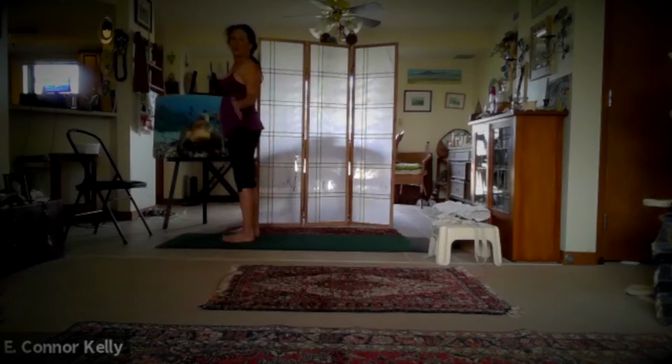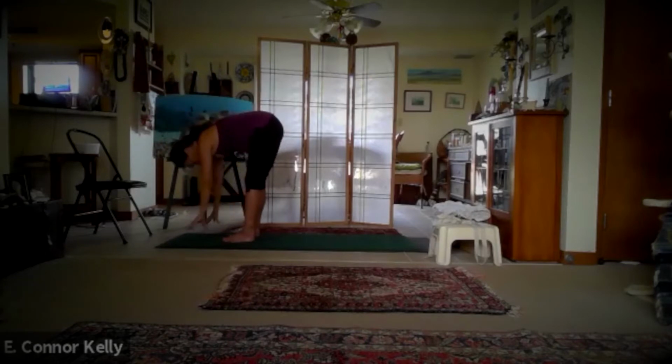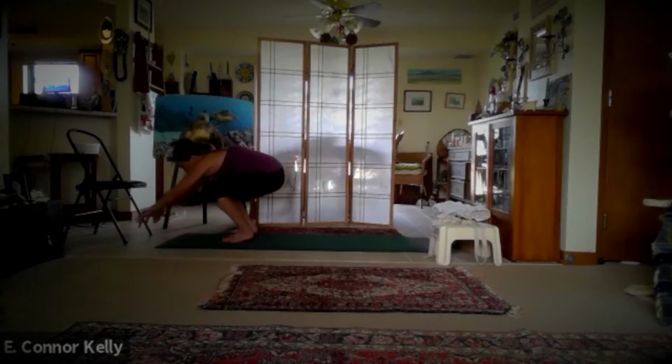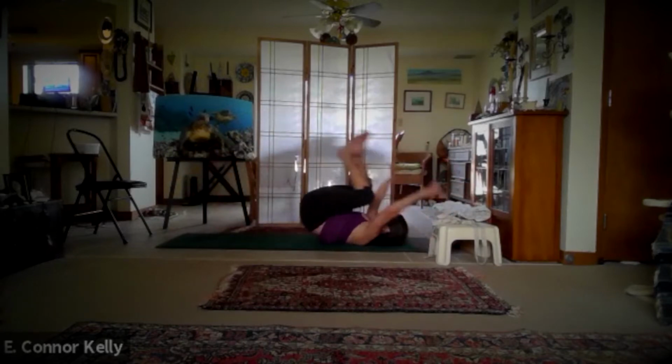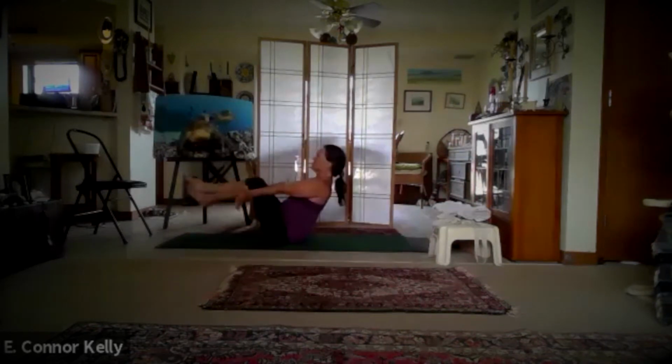So we'll just try one more little bit of this, see how this goes. Inhale the arms up to Urdhva Hastasana. Exhale into Utkatasana, powerful pose. Then we bend forward into Uttanasana, standing forward bend. You can have your hands on your shins or your thighs. And then you're just going to allow the bend to bring the momentum into rolling back and then rolling forward and then coming into